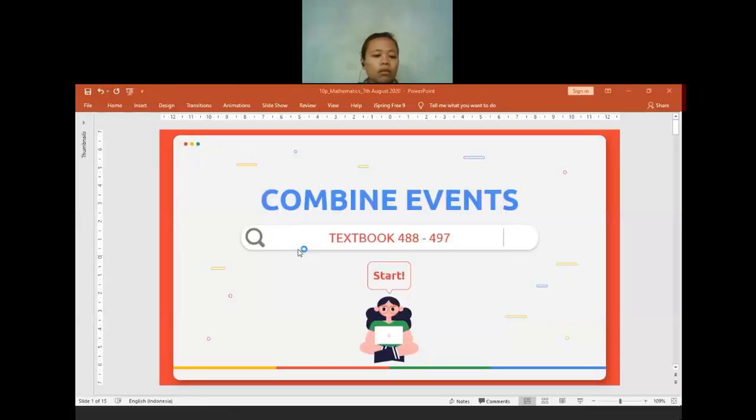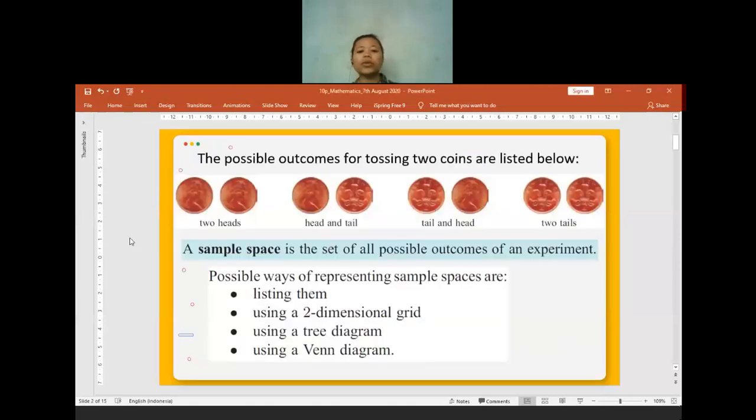Okay, so already open your textbook, page 488. We are going to discuss it today. Already with your textbook. Okay, I'll continue. In probability, there will be so many things that